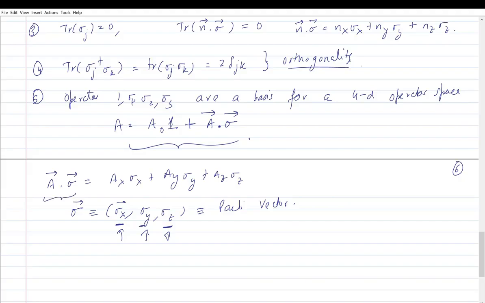So in that sense, let's say I could represent any operator A as some coefficient multiplied by the identity matrix plus components of your usual ordinary vector ax, ay, az multiplied by the Pauli vector. So my projector is nothing but,